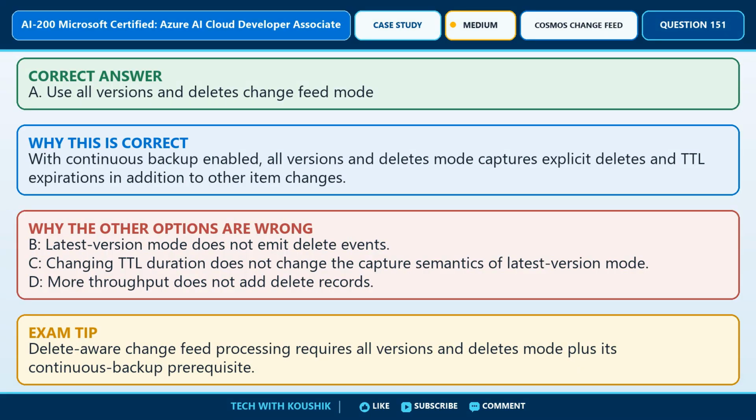The required response is option A. Use all versions and deletes change feed mode. Here is the reasoning that confirms the answer. With continuous backup enabled, all versions and deletes mode captures explicit deletes and TTL expirations in addition to other item changes. The incorrect choices are plausible, but unsuitable because